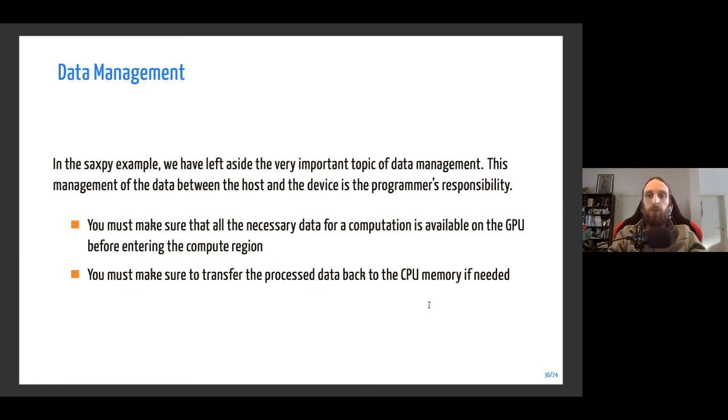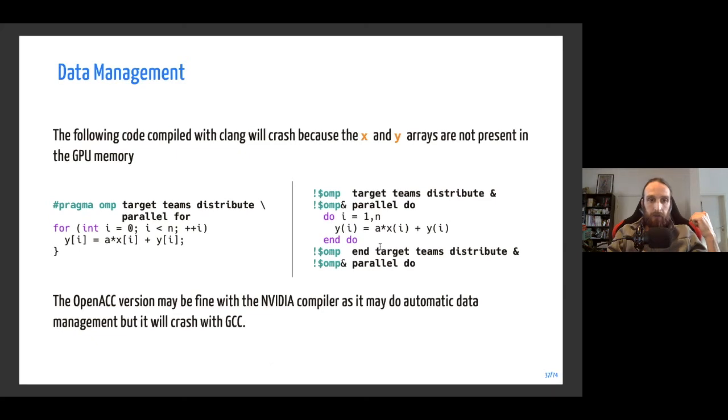So you need to copy to and from the device depending on your need. And the code that I presented to you at the beginning will probably crash because I didn't specify anything about data movement.